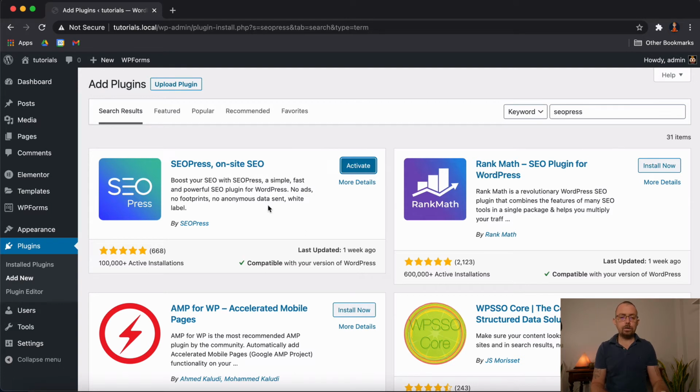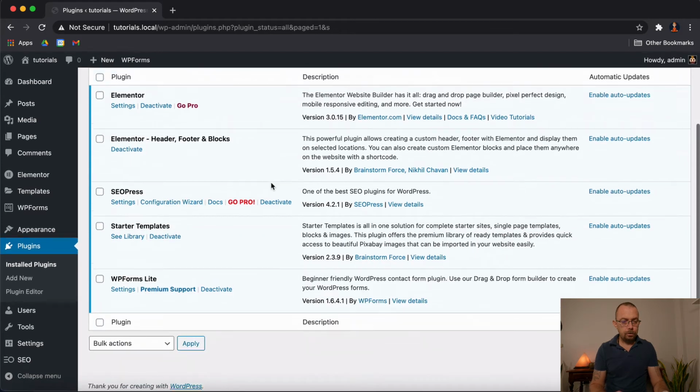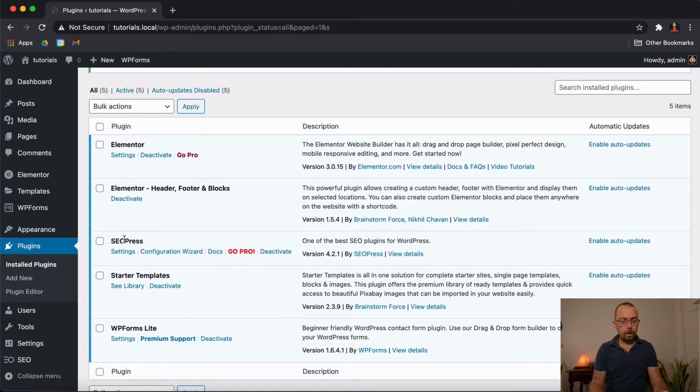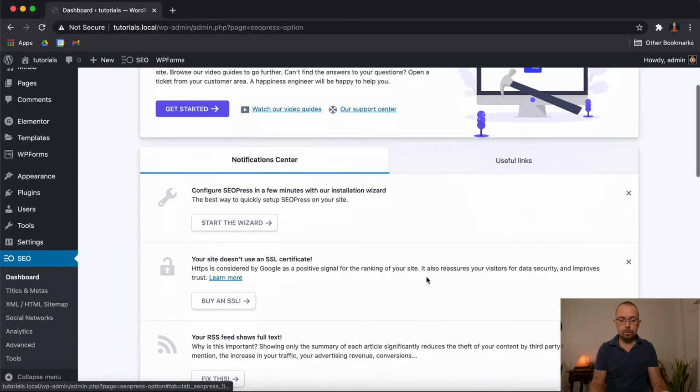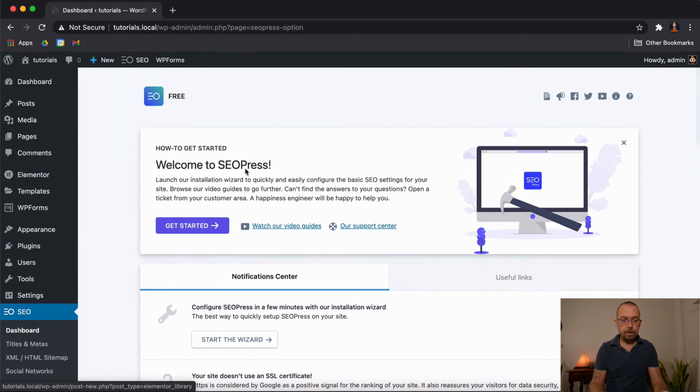Okay, so it's installed. Now, it's installed, but it's not actually activated. So in order to make it work on the actual website, I need to click Activate. So I'm going to click Activate. And this will actually make it live on the actual WordPress website. So we'll come down here and you'll notice we've got SEO Press. We've got the settings, so we can come into settings and look into it. This is the free version.